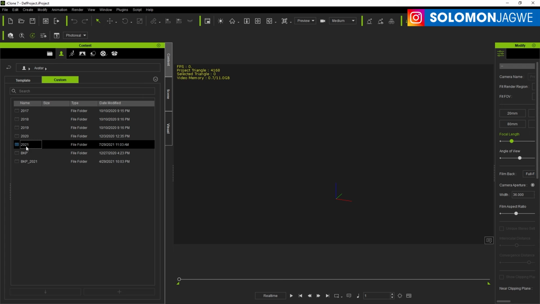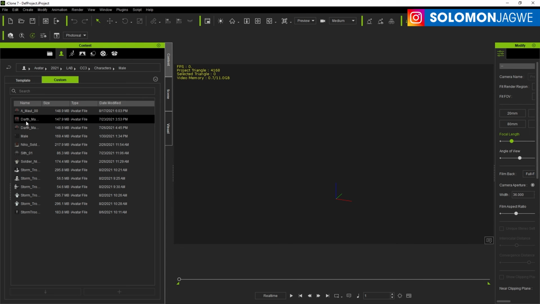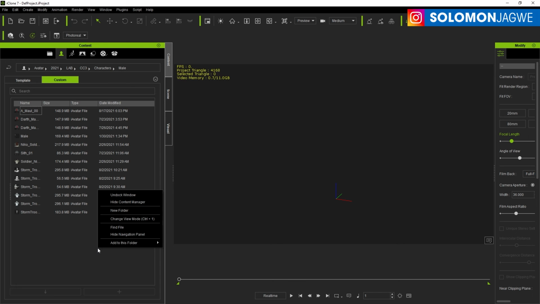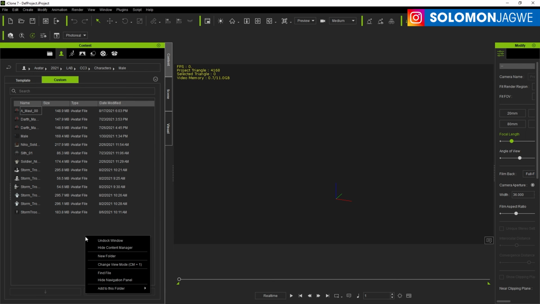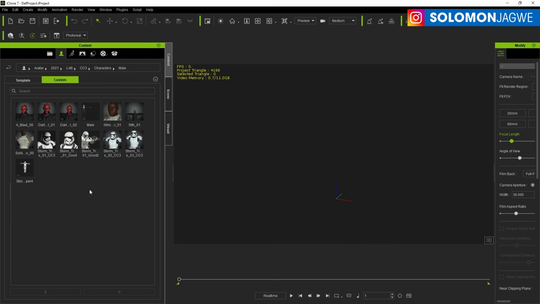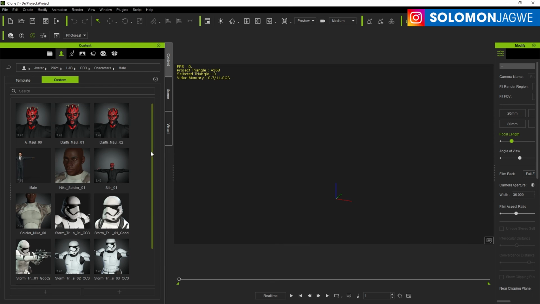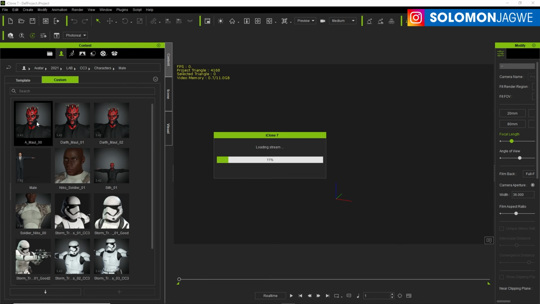I put mine in the 2021 folder over here, and it was in the Lab folder. CC3 Characters Mail. I try to be organized. So let's go back here, and if you have your layout like this, simply right click in an empty space here, and you can also do Control plus, and then Control plus again. That increases the size of these thumbnails, and double click on our Darth Maul character,